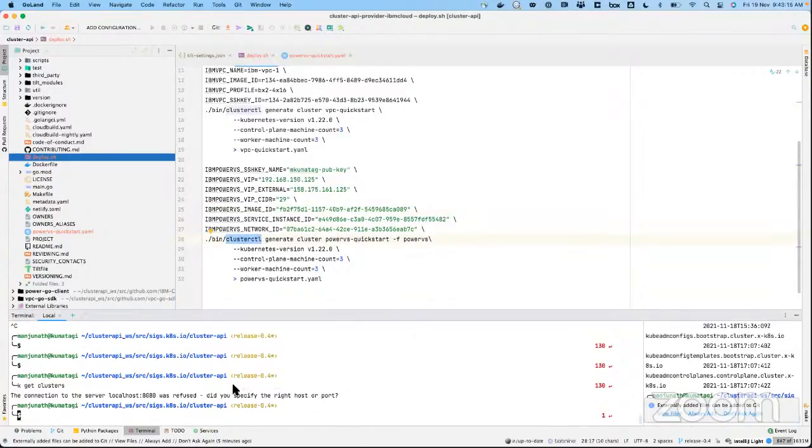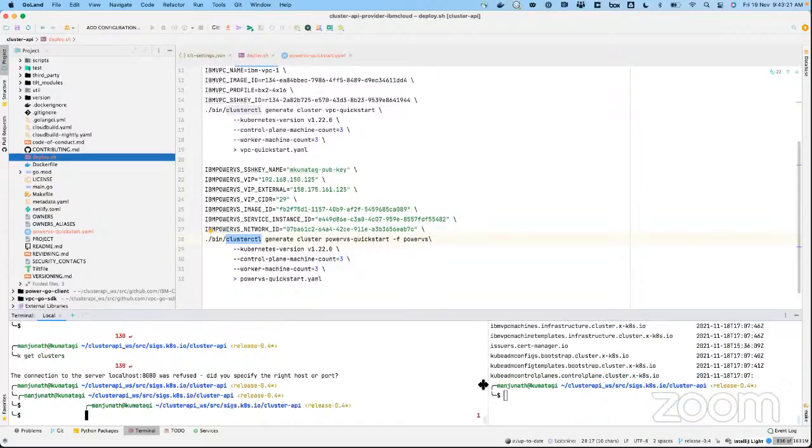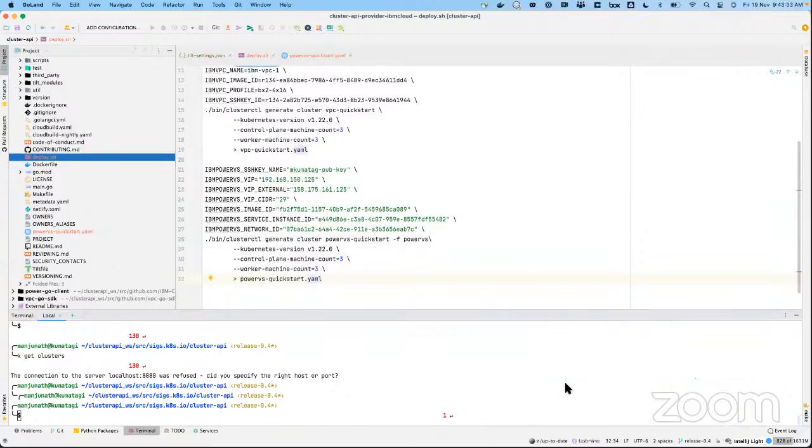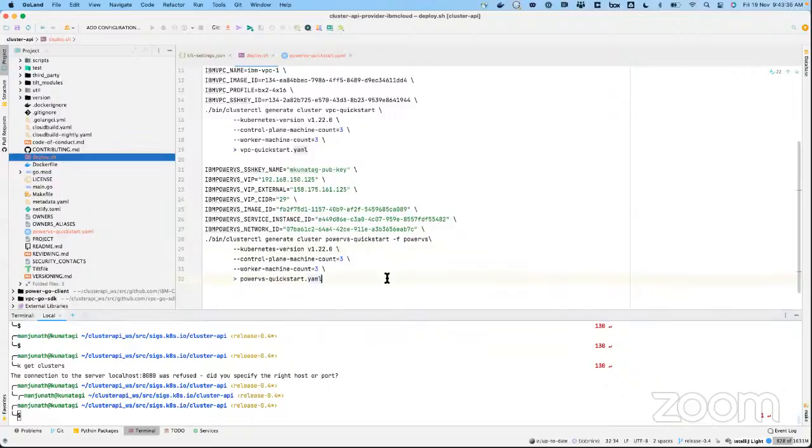The cluster API for IBM Cloud and how it works, we can probably go through another time. But quickly, I just want to cover the usability of clusterctl and the Tilt command for development purposes. All right, so any questions before we get started with Tilt?